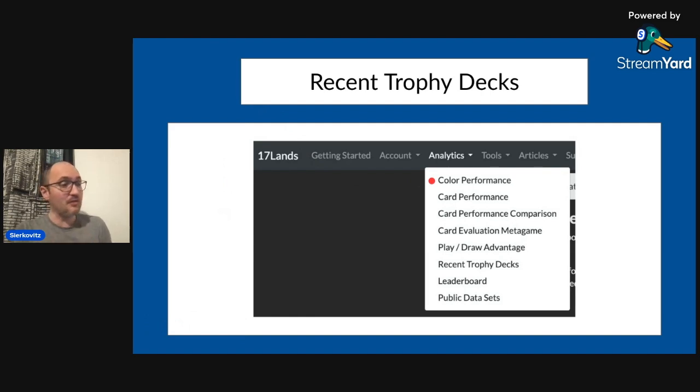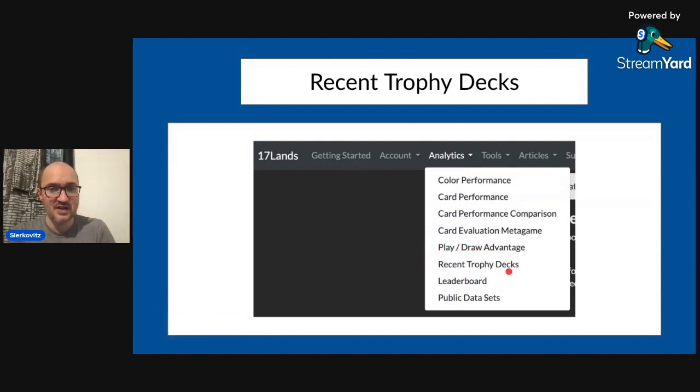Well, first of all, we don't know if they can work at all. Maybe they are just too bad to work and you can't find a good version of it. But occasionally people do trophy with blue-black. I'm saying occasionally because it won't happen very often. And we looked at the data of color performance earlier. We looked at the data of card performance. And I think that in case of those